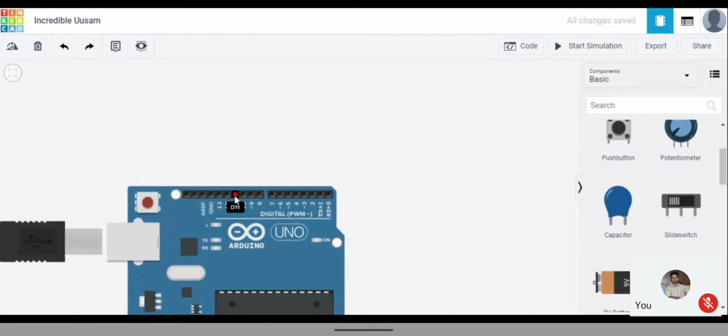See here, I'm using pin number 10 for red light, pin number 8 for yellow, and pin number 6 for green. I can give some program to that one. If I'm using a 9-volt battery, I can't differentiate which one is 10, which one is 8, which one is 6. And there will be no automatic connection. We can't do that. If you're not using Arduino, you can't do programming also.